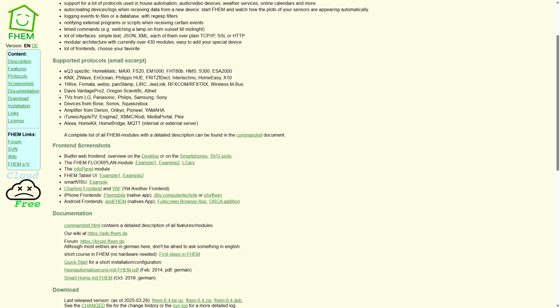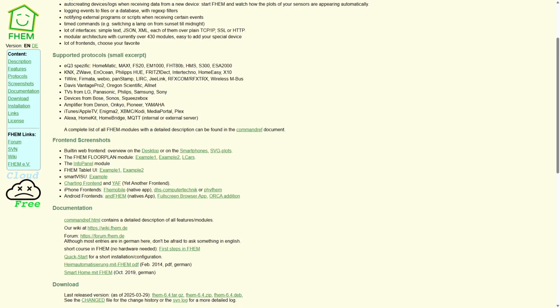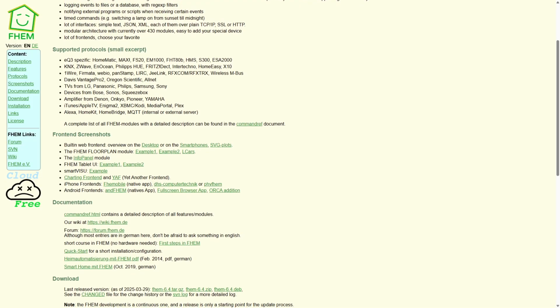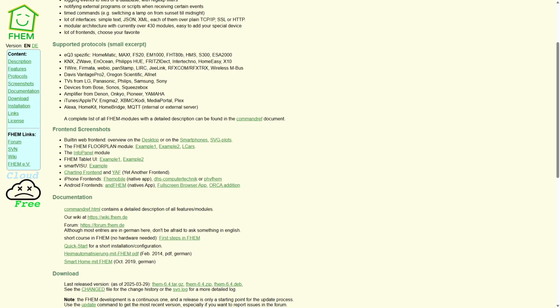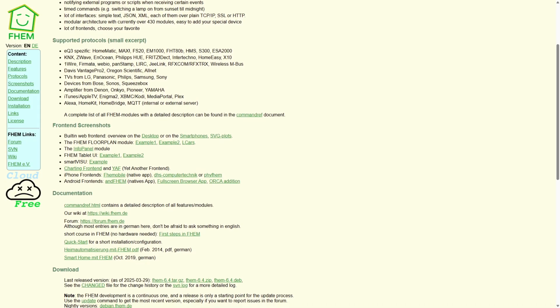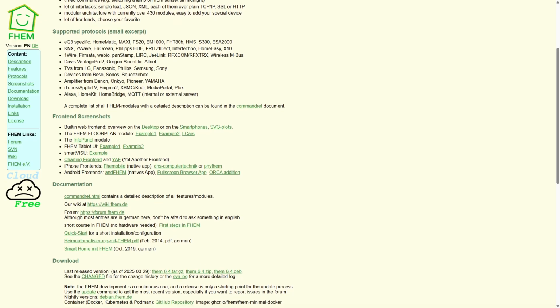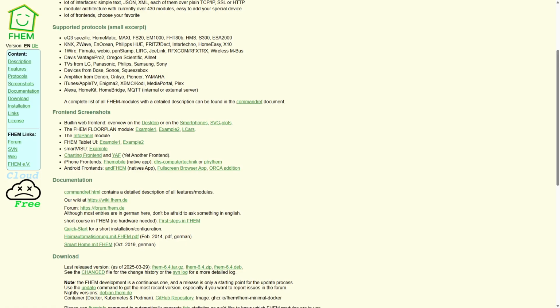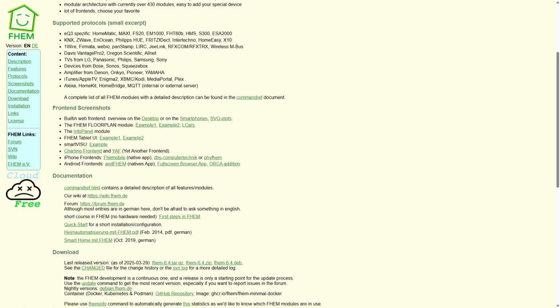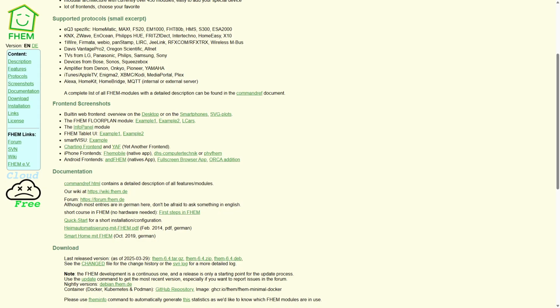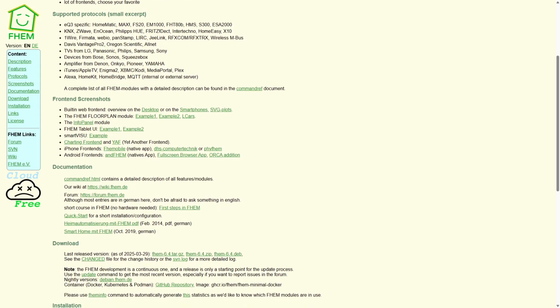control. However, this power comes with a steeper learning curve, as setup and maintenance require knowledge of Perl scripting and command line interfaces. The user interface is functional but not as polished or intuitive as some newer platforms. FHEM is perfect for those who prioritize customization and have experience with programming or want to integrate niche hardware not